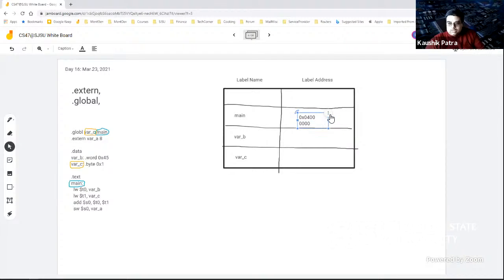Let's say it is like this. Main was this address, and var B. Let's start from the address 1001.0.0.0.0, and then this guy will be, this is a word, right? So this will start from 4. It's a byte. It's from 4. Now, let's say